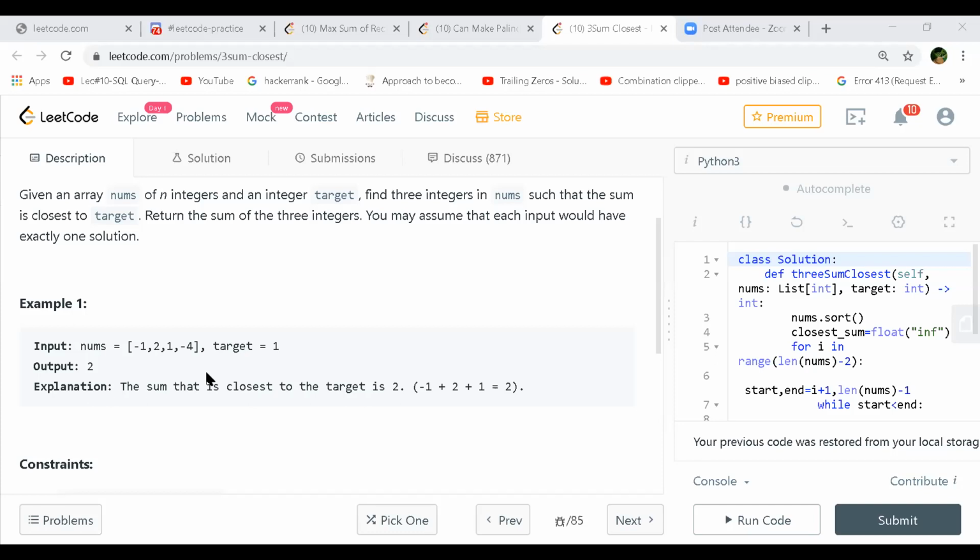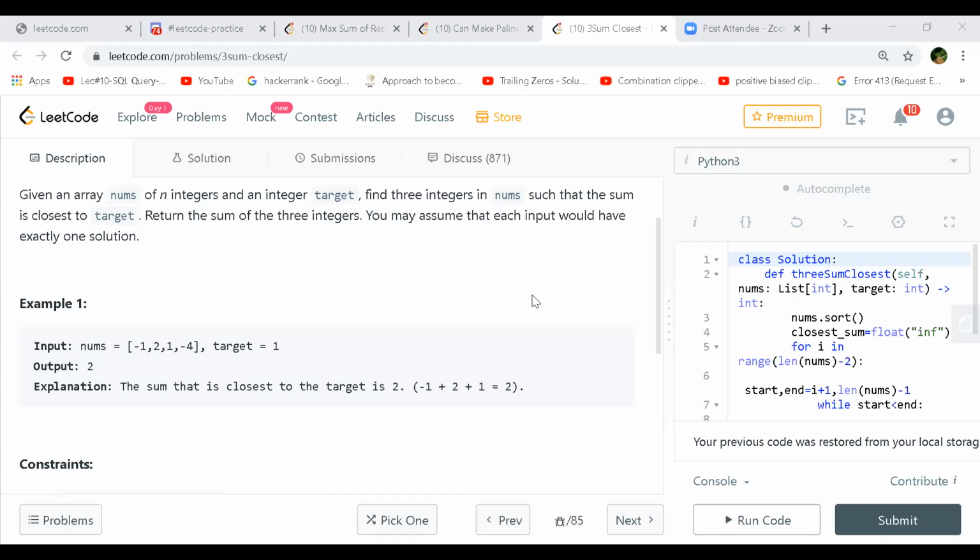Trying to first find that point of inflection. Gaurav is also saying this code might not work. It looks like just the first three integers of the array are added, and anyway it will be less or more than the target, so we just return the sum.